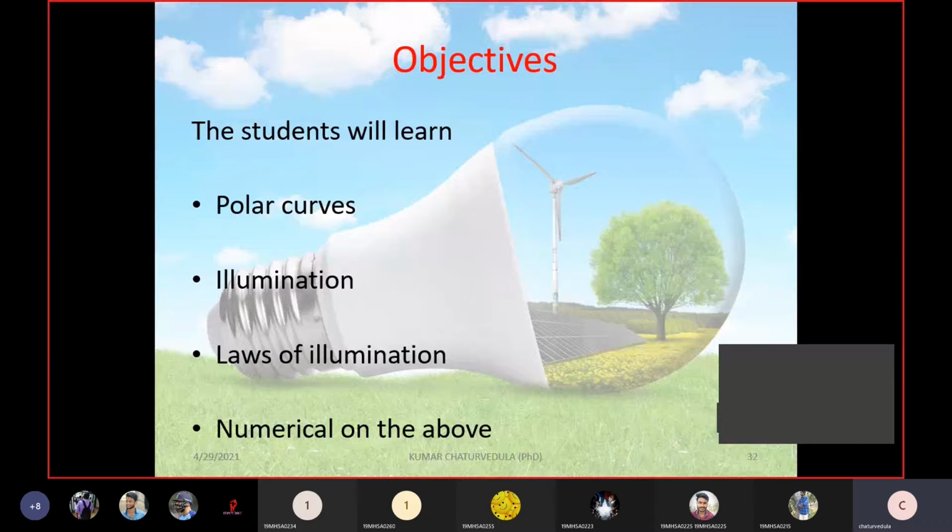So in today's lecture, we will be discussing polar curves, revisiting illumination and the loss of illumination, and possibly some numerical problems on the loss of illumination. Okay. So while understanding the polar curve,